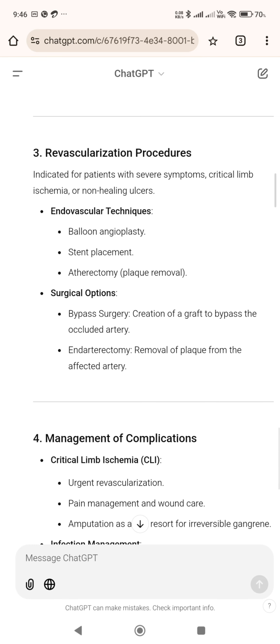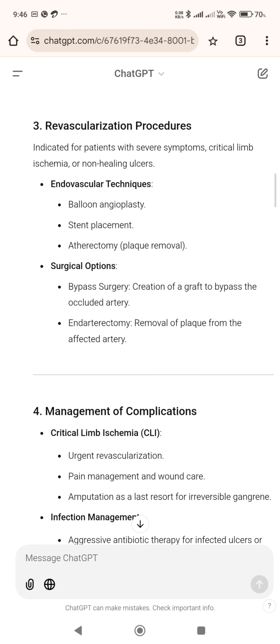3. Revascularization procedures, indicated for patients with severe symptoms, critical limb ischemia, or non-healing ulcers. Endovascular techniques: balloon angioplasty, stent placement, atherectomy, plaque removal. Surgical options: bypass surgery, creation of a graft to bypass the occluded artery, and endarterectomy, removal of plaque from the affected